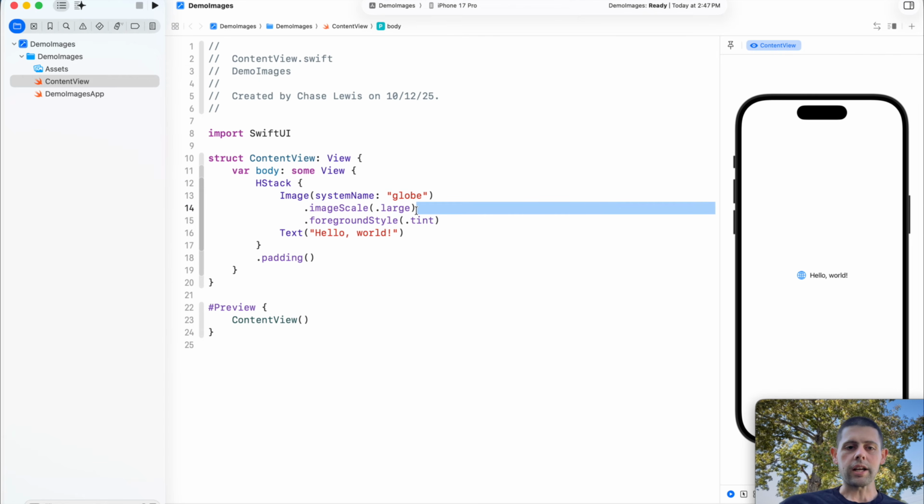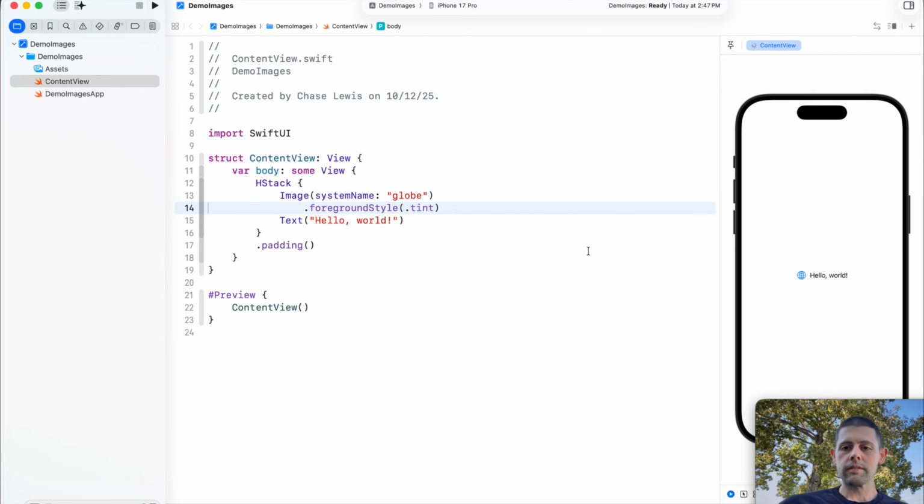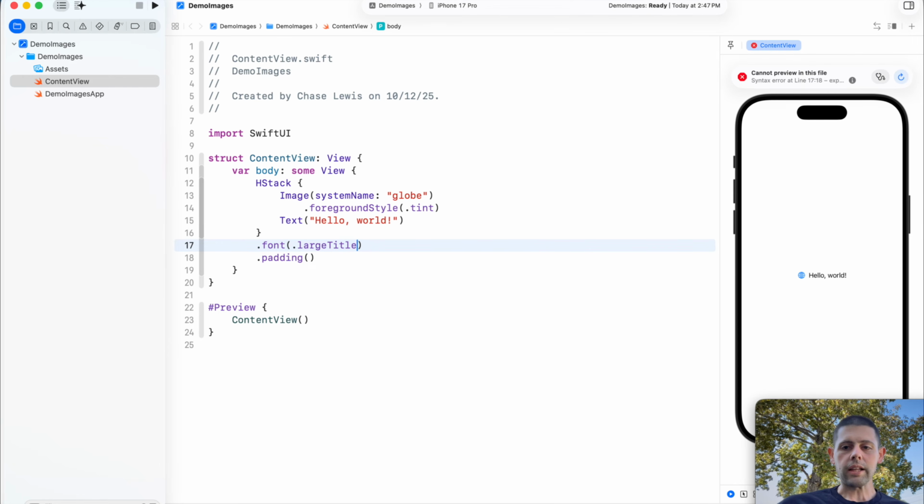Let's get rid of our image scale here. Cool, and now you can see that this lines up exactly with the top and bottom of the text. And in a similar way, if we changed this font to be, for example, a large title, the image grows with the text, which is another one of these amazing benefits that we get from using the built-in SF Symbols